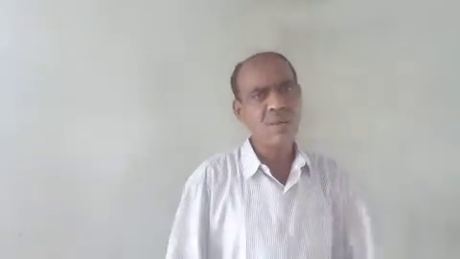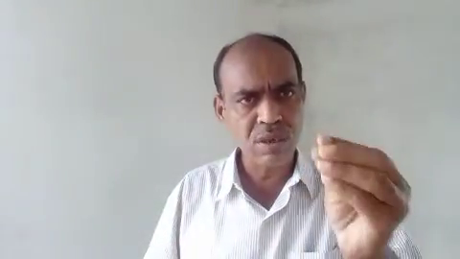Okay. Now the condition is given: at t is equal to t0, v is equal to v0. Use that condition and you will get the value of c. Now velocity is known in terms of time. It is an explicit function of time. You have got velocity as an explicit function of time.